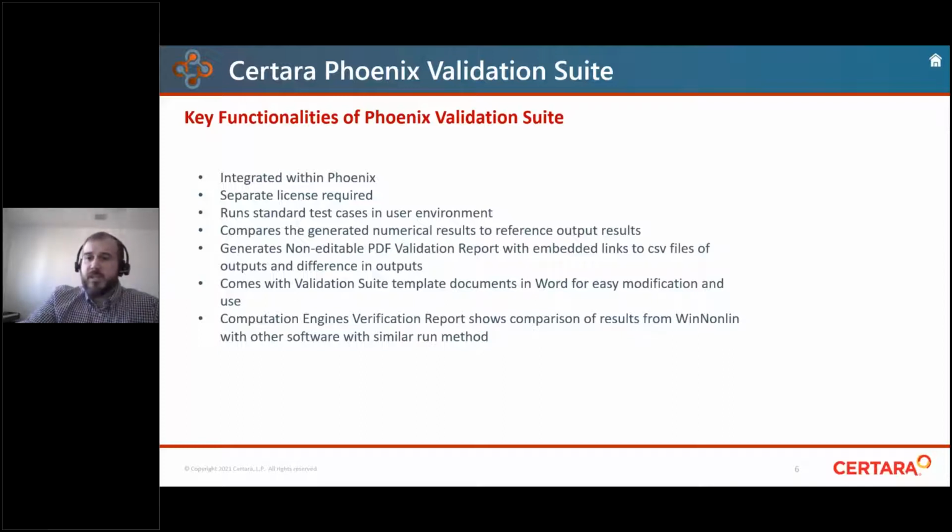Updated validation template documents are aligned with the latest regulatory guidance, computer system validations such as ICH good clinical practices, and can be readily modified to fit individual user organizational policies and procedures. And as you can see here listed with some of the key functionalities, like I mentioned, it's already integrated within Phoenix. It does require a separate license,